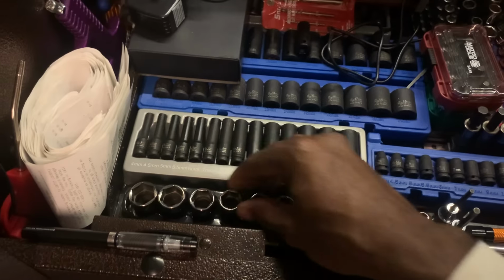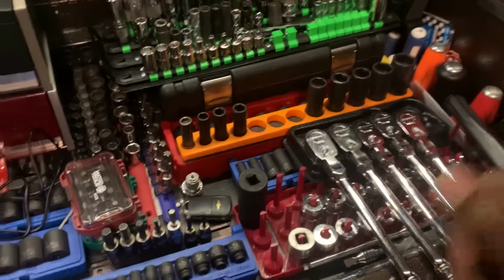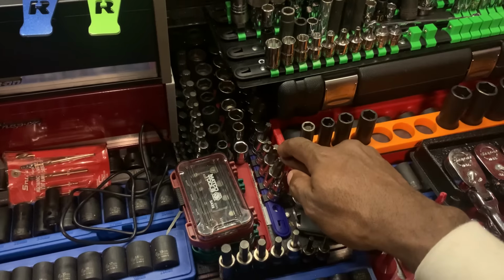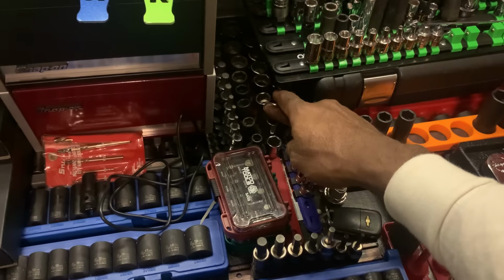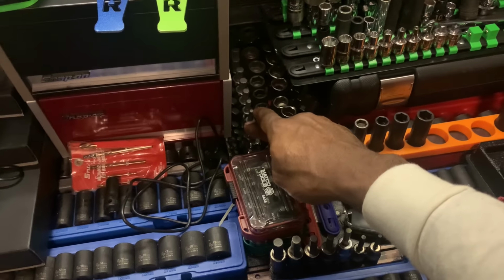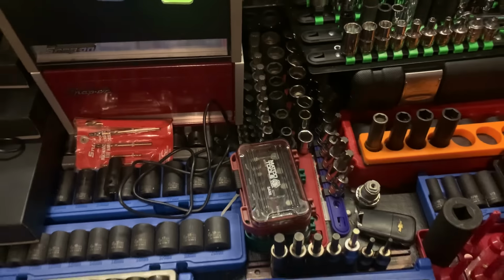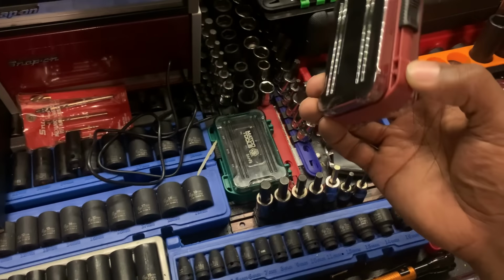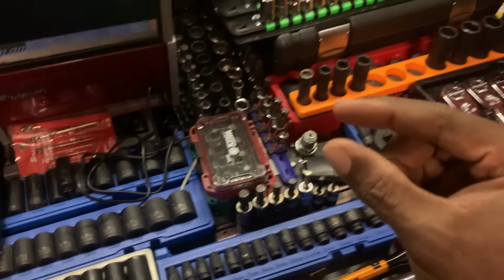Snap-on mid-length chrome socket set in metric. This side is all metric, this side is all SAE, if I didn't make that clear. Snap-on hex sockets, Snap-on E-Torx, hex sockets, this whole rail of Snap-on sockets. This is a set of Snap-on swivels and regular sockets, Snap-on SAE swivels, Mac triple squares, and a set of Power Torque super shallow hex bit sockets. Matco spline drive sockets, or the XZN sockets, and then some hex socket set, but they're the 1/4 inch drive,